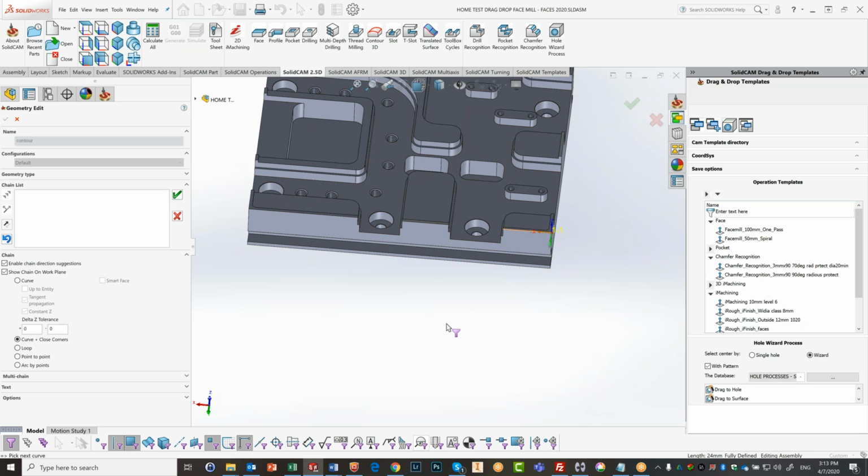it's stopping over here. It picked that curve. If I were to choose this line here, you'll note that they're not attached to each other. This will automatically take the shortest route between these two curves and connect them as well. If I was not using curves plus close corners and only using curves,